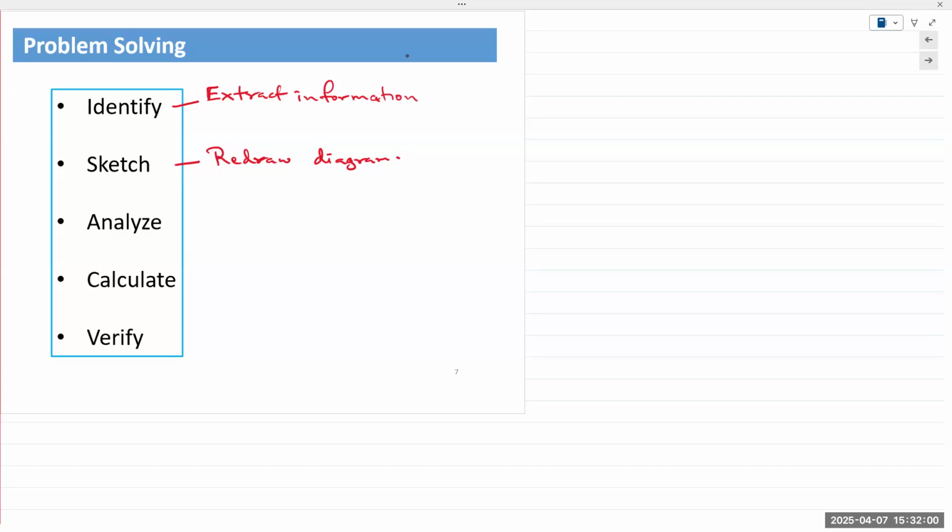Sometimes connections are not very obvious. So again, sketch, take the circuit diagram, and redraw it as many times as you need. And then you apply your analysis techniques. Depending on what the problem is asking, you can choose from a variety of analysis techniques, perform your calculations, determine the answers, determine values,